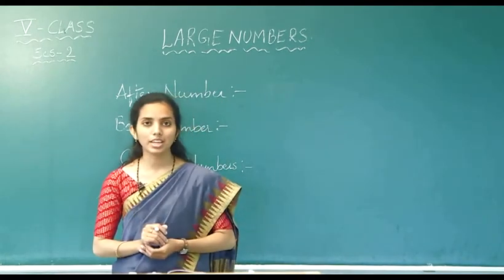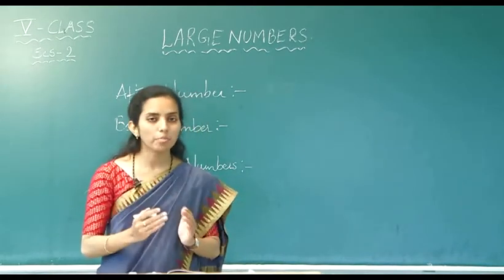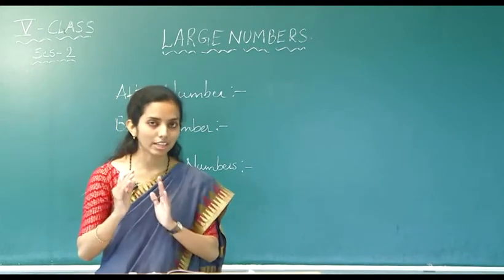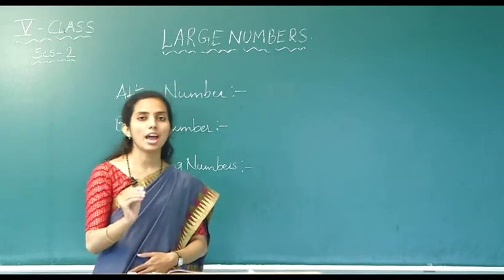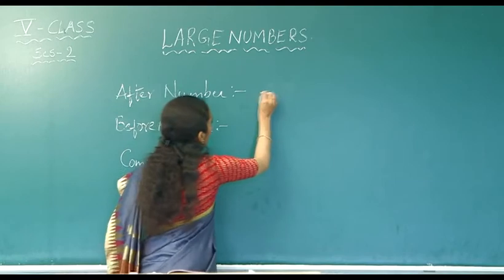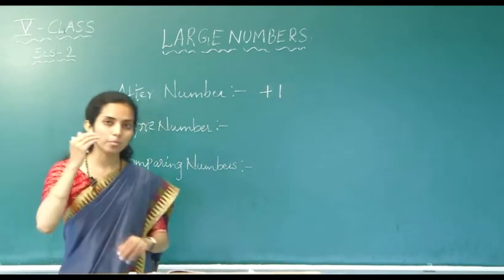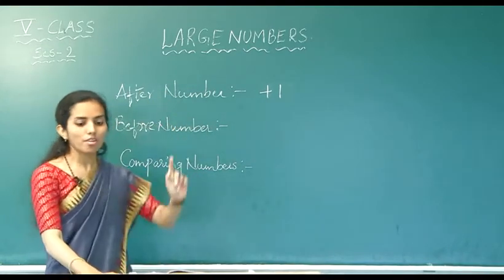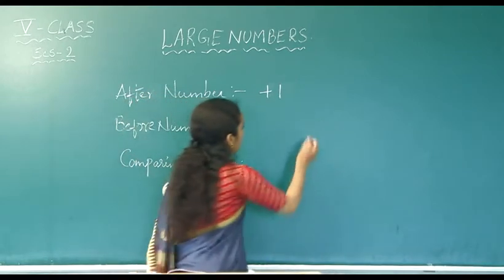The simple trick is, whenever you want to know what number comes after a given number, you just add 1 to the given number. What you have to do? You have to add 1 to the existing number to get the after number. For example, here we have given an example. What is it? It is